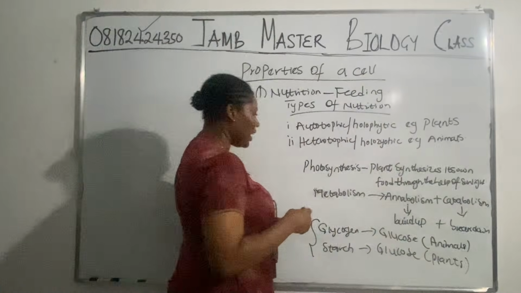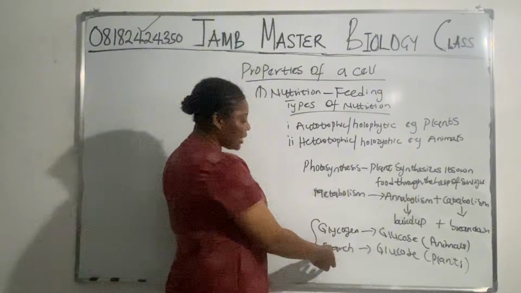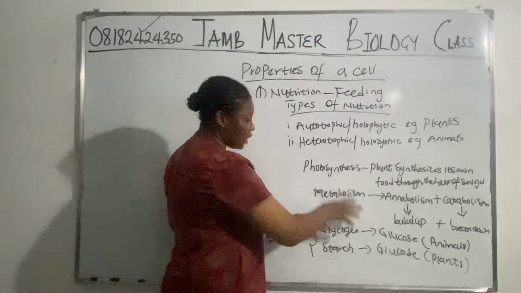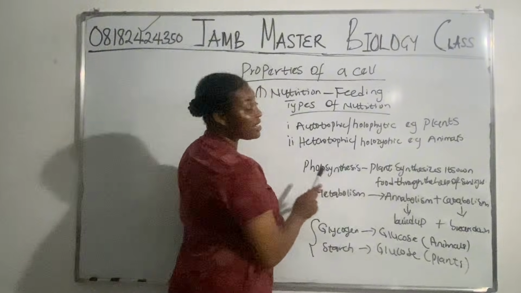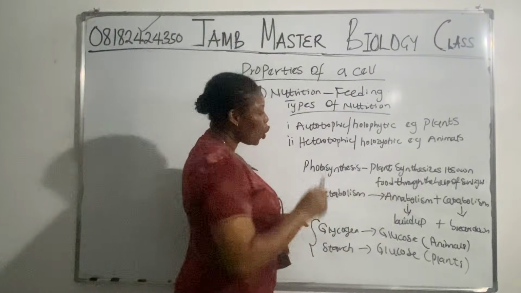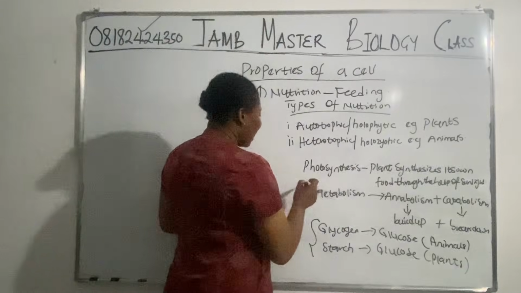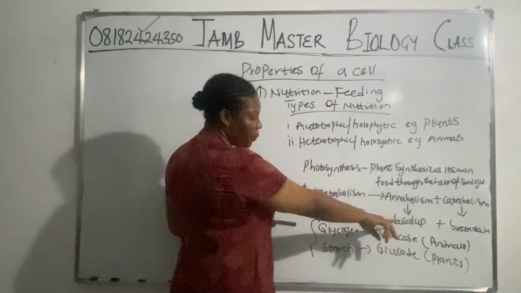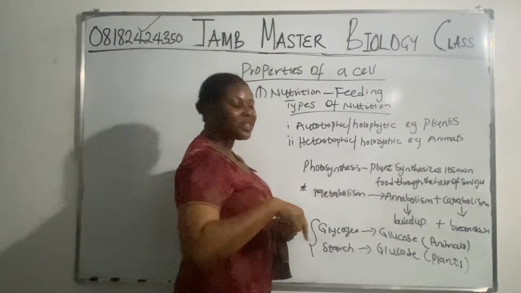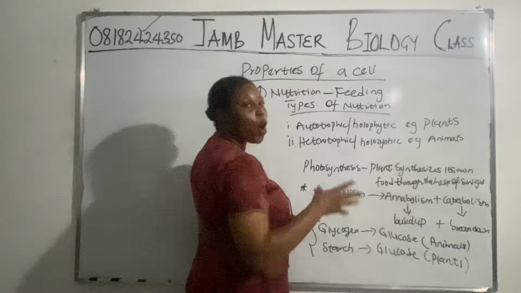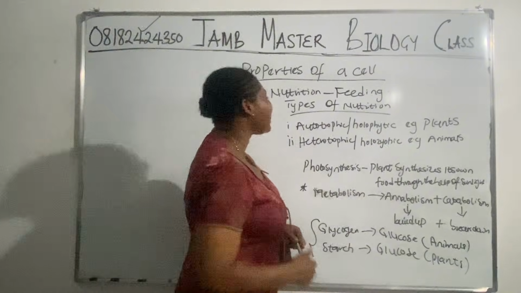Through the help of what? Sunlight. And I said something about metabolism. I talked about metabolism because I wanted to break down glucose and starch, to break down these processes. So photosynthesis is the process by which a plant synthesizes its own food through the help of the sunlight. Now I said that we have what we call metabolism, and metabolism is a combination of a build-up process and a breakdown process. So whenever you hear the word metabolism, it is both a build-up process and a breakdown process. Metabolism is a combination of anabolism and what? Catabolism.